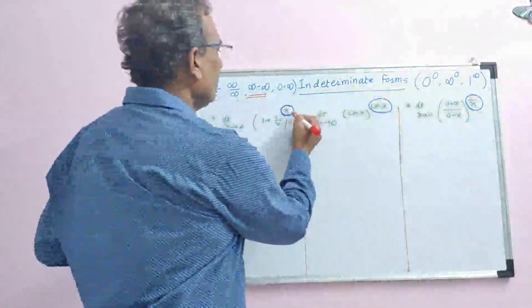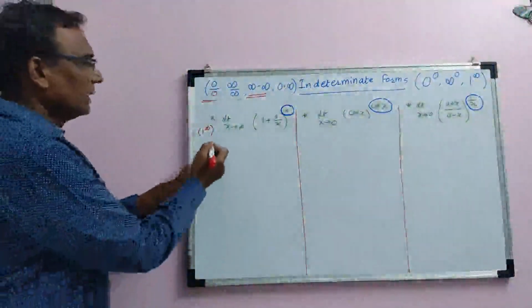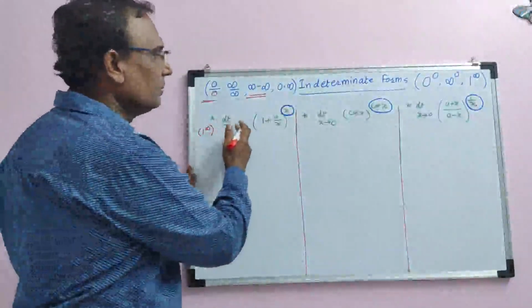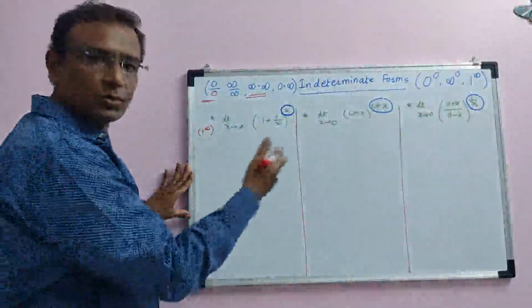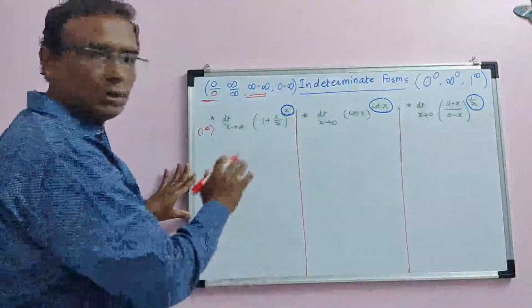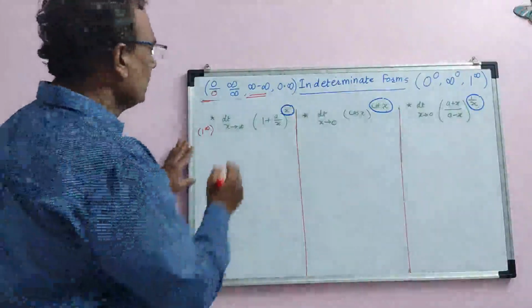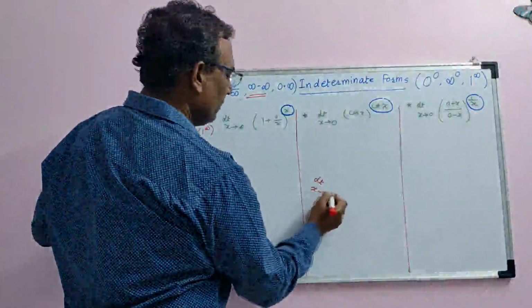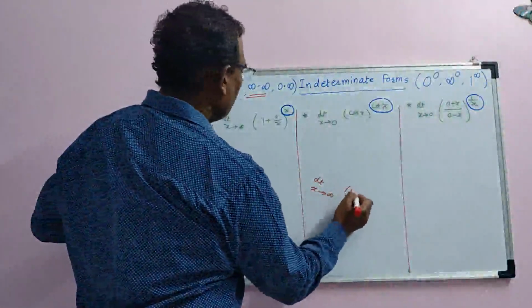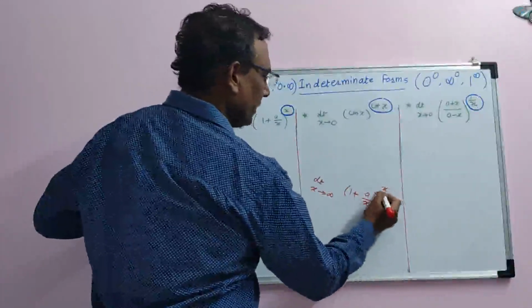Now, very quickly, these three problems we are going to solve. In these three problems, at the index place we have a varying term. This will go to one of these forms. Now, taking log of both the sides, let us denote it by y, this by y, this by y. Take log of both the sides and try to solve the problem as per the method we have solved previously. Or when you solve this, there is one more formula: limit x tends to infinity, 1 plus a by x, raised to power x by a.